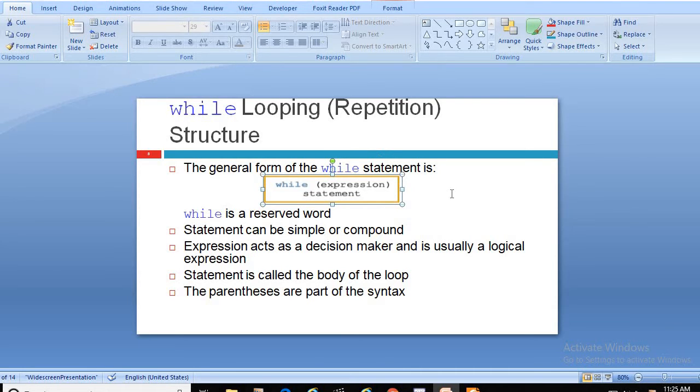The while loop repetition structure: the syntax is to write while, and then the expression. Sometimes you will find the condition written inside parentheses, and then the statement or the set of statements.